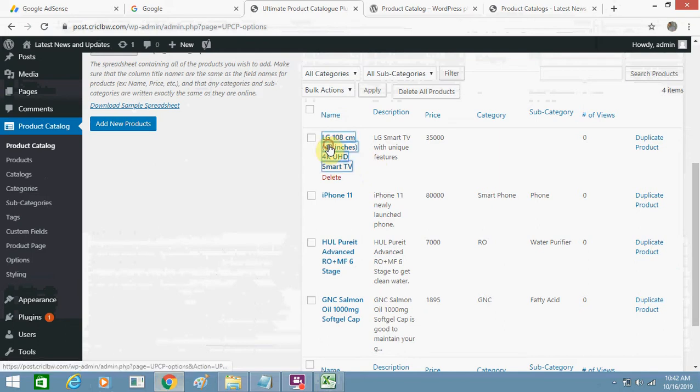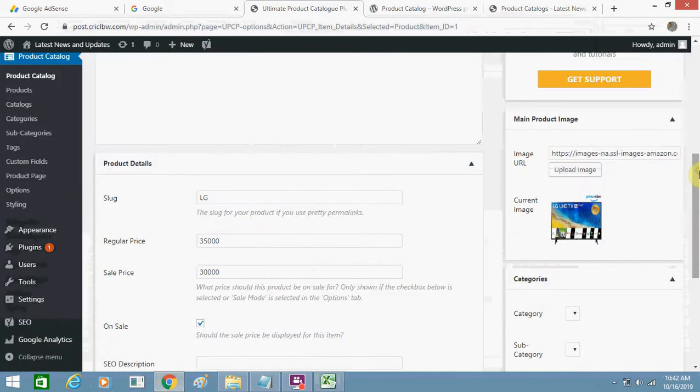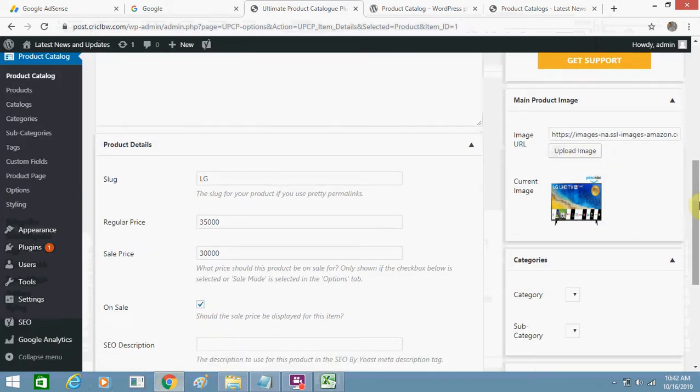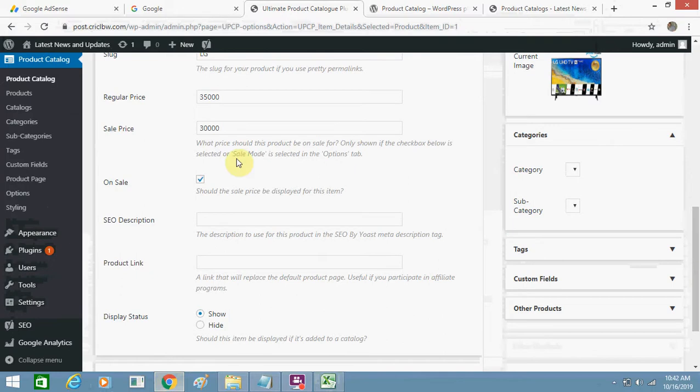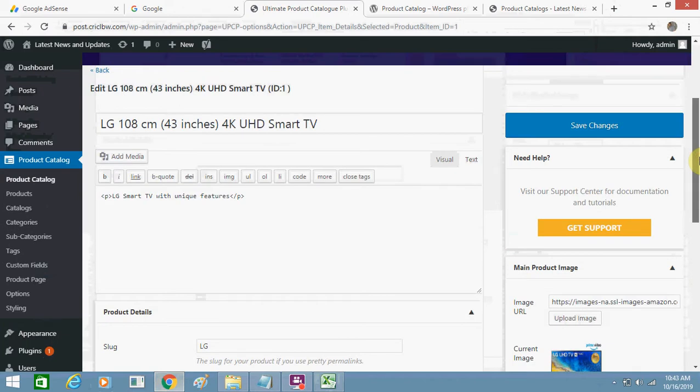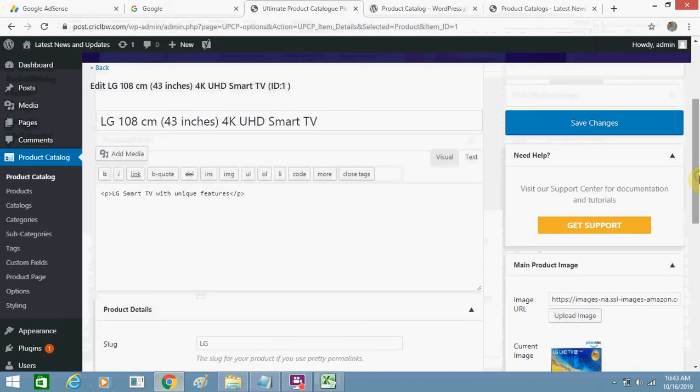You can click on individual products as well. You can see the image is also showing, the image URL is showing, category. You can change the price as well. From here you can change all these options if you want to make any changes. I have put two prices, regular price and sales price. As per your wish, you can put one or two, and make the changes accordingly. You can update the price as well, like the market sometimes fluctuates in price, so you can make changes accordingly from here.